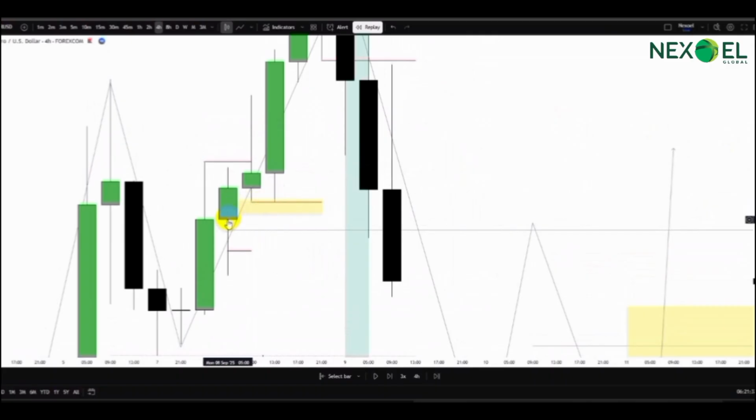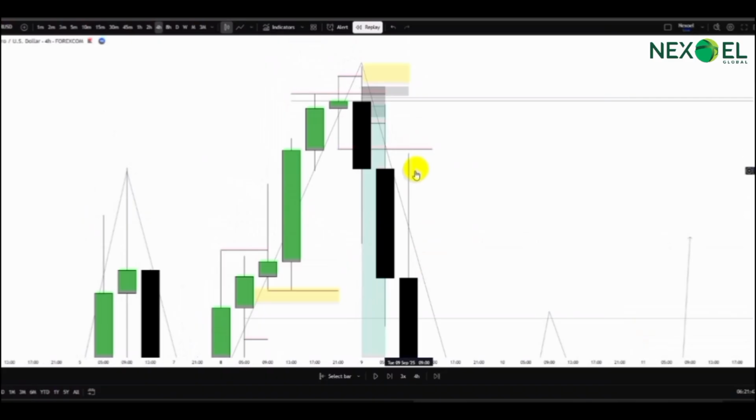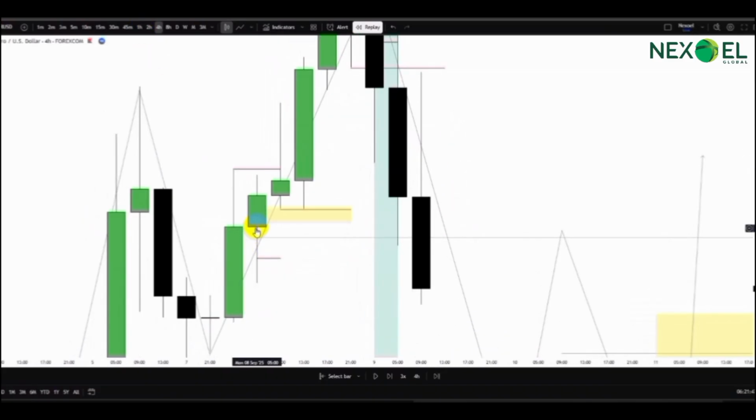Price came to an unmitigated candle wick, gave what? A bullish reaction. So you have to know how to connect this time frame. Here in the 4-hour time frame, you know is that you have this wick. It is unmitigated. When you check the 1